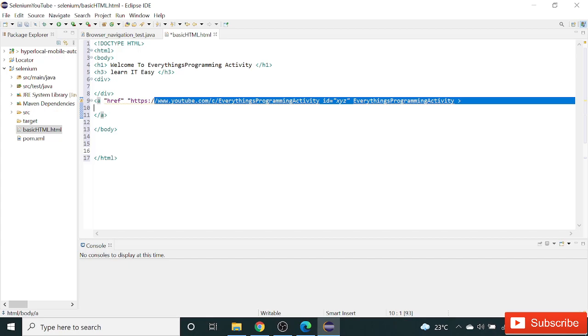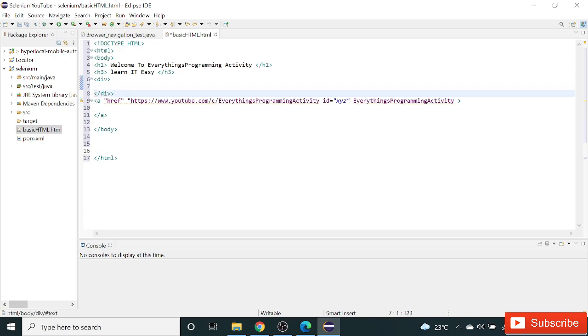That's enough, and let's save this document and run it. It's under the new project.